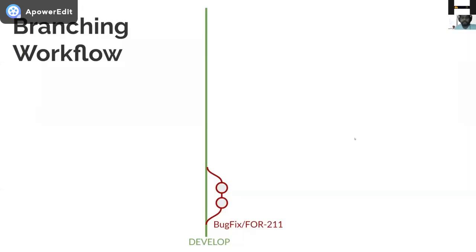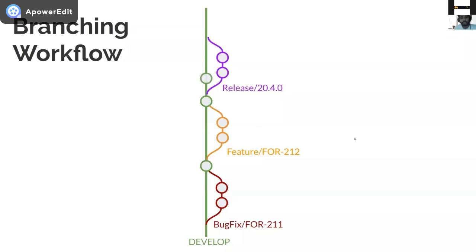That is the merge commit, and likewise you can have another branch, maybe by another developer, feature slash. It could be a feature instead of a bug fix. Likewise you merge that as well. Then once you are ready for the release, related problems can be fixed in another branch. Also you can add commits directly to the develop branch if you wish to do that. Likewise you can come up with this sort of simple branching workflow in any of your projects.